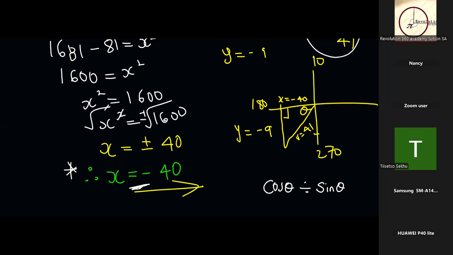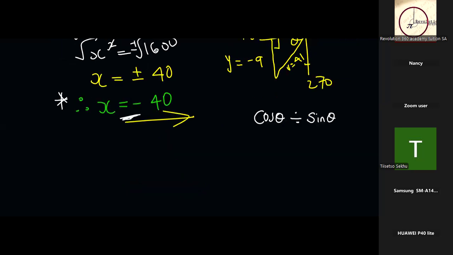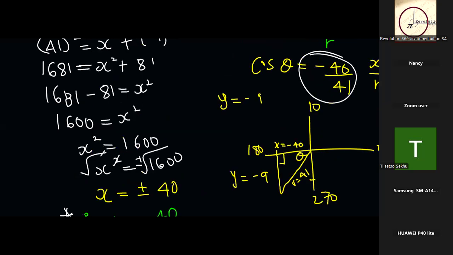Okay, let's continue. Now they want cos theta. We know that is going to be minus 40 over 41. So you'll write minus 40 over 41. And then you say divide by what is